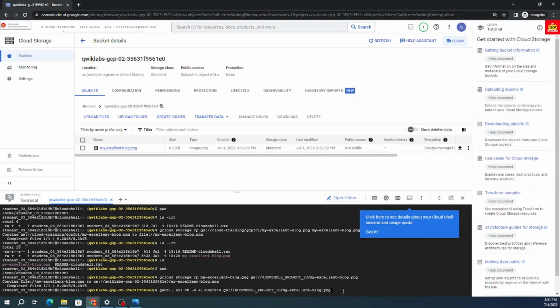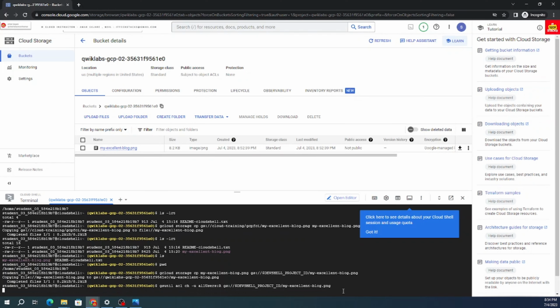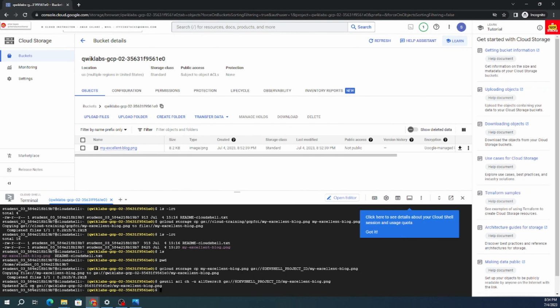Okay, press enter. Now this access control list got updated for this specific cloud storage bucket for this specific image. Okay, so don't get confused with the